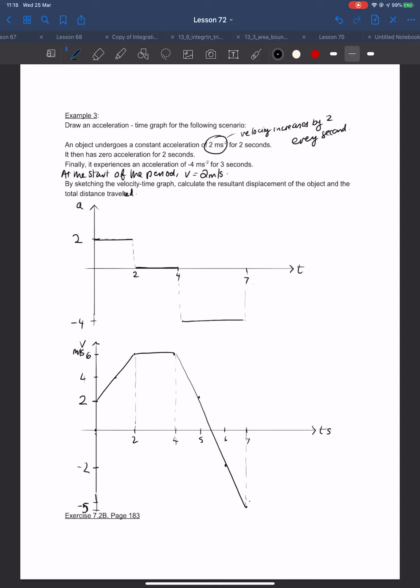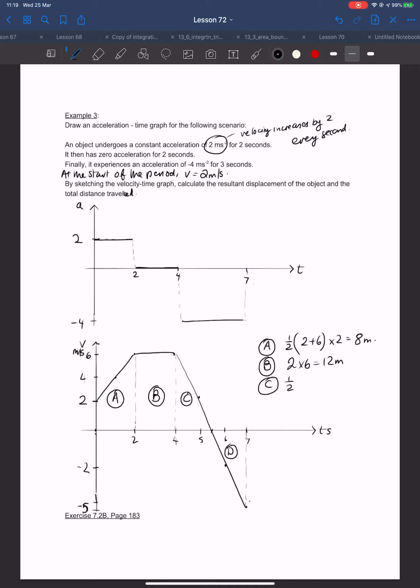We'll call this shape A, shape B, shape C, shape D. A is a trapezium, so that's half of 2 plus 6 times 2, which is 8 metres. B is a rectangle, so that's 2 times 6, which is 12 metres. C is a triangle, that's half